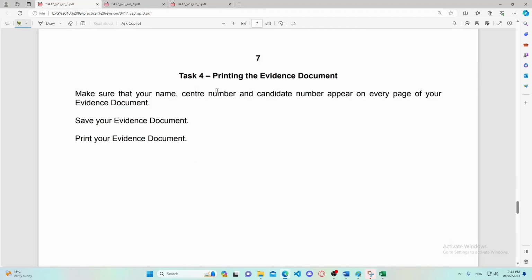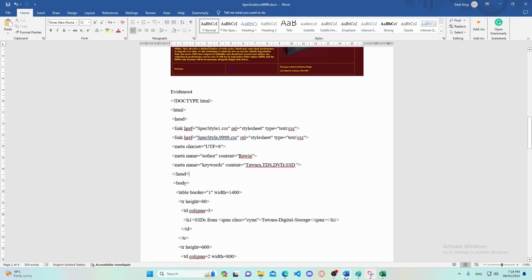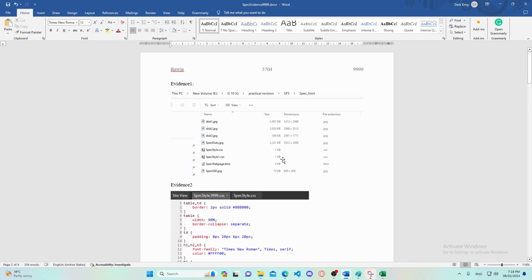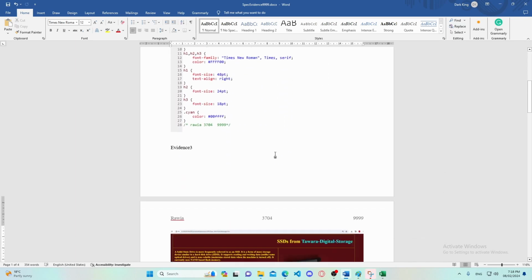Let's continue. Print the evidence document. Make sure that your name, center number, and candidate number appear on every page of your evidence document. Save your evidence document. Print your evidence document. This is our evidence document. So in the evidence document we have evidences from only 1 to 3 to 4,